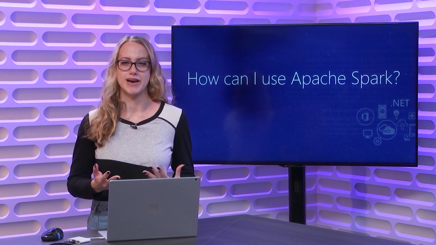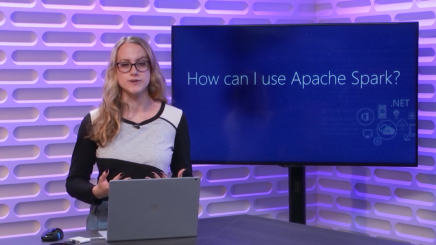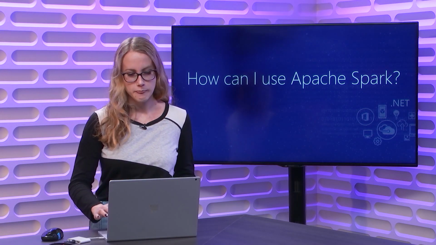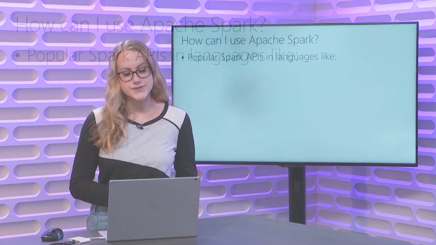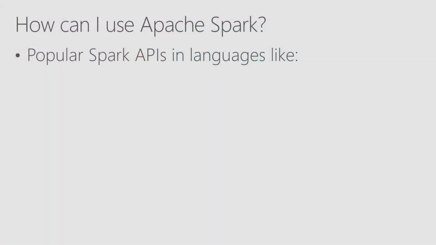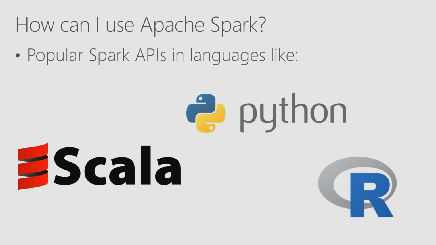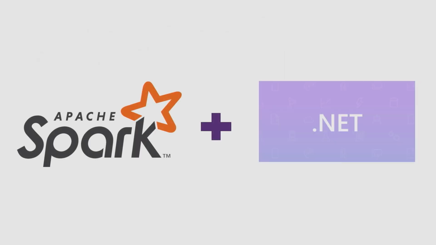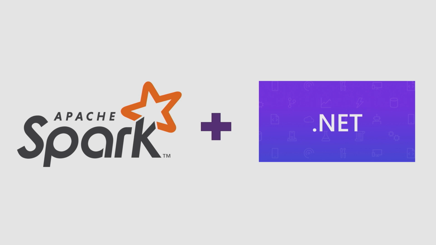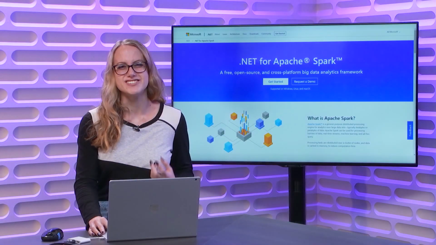So how can I use Apache Spark? It sounds super great, super useful, so how can I get started with it? There's different APIs that we can use that are popular with Spark, and they're written in languages like Scala, Python, Java, and R. But up until this point, there weren't any .NET APIs for Spark. So what if I wanted to use Apache Spark combined with my pre-existing .NET knowledge or extensive code base and business logic? Well, we now have an awesome tool that we can all use, and it's known as .NET for